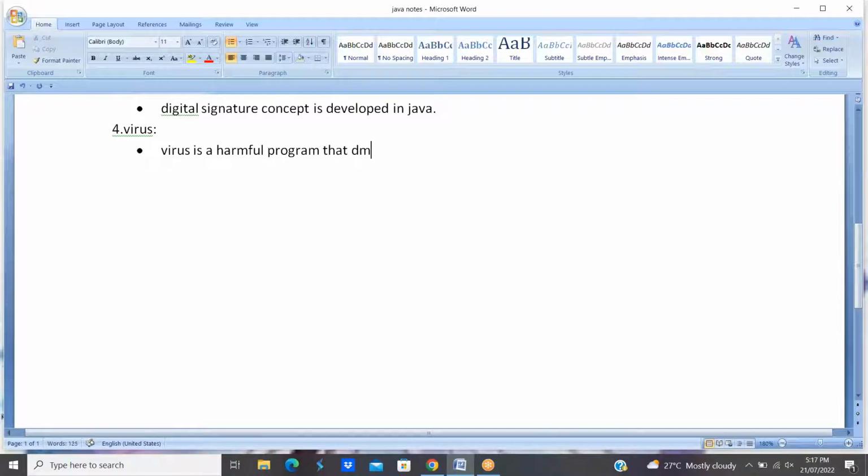Virus is a harmful program that damages data, software and hardware of a computer system. Once the virus attacks, your system may hang, you may lose data, and it may affect your software and your hardware components also. So virus can attack by using